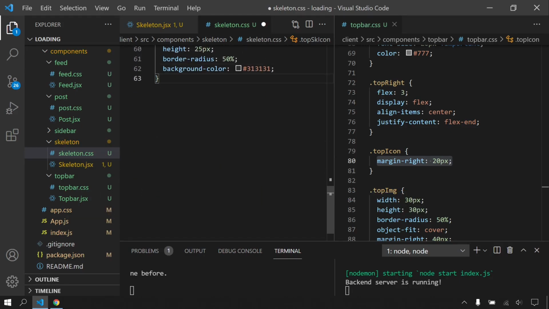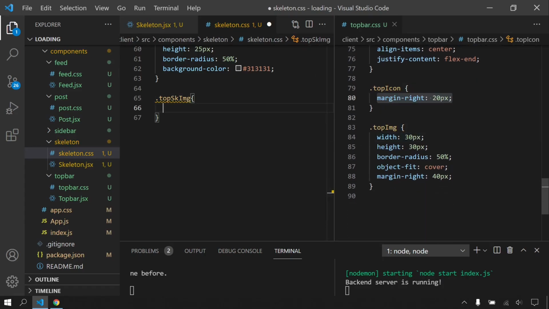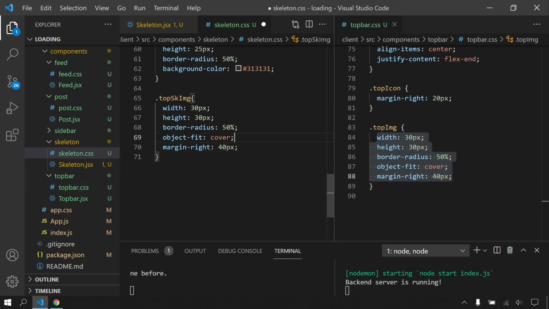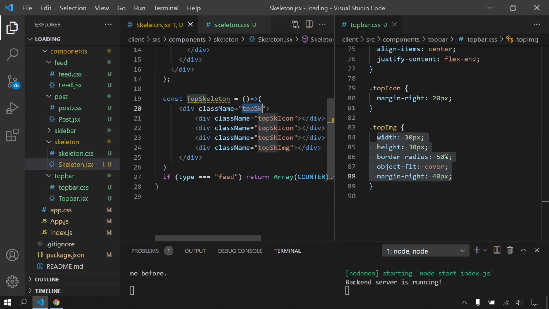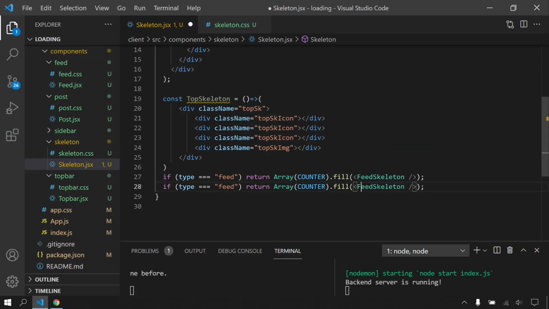Okay, so what about this image? Top sk image. As you can see, this is our profile picture. Let's copy this. I will delete this, it's not an image. And it's gonna be same background color. Before seeing here in the browser, let's come here, and I'm gonna say if type is top, it's gonna return our top skeleton component.